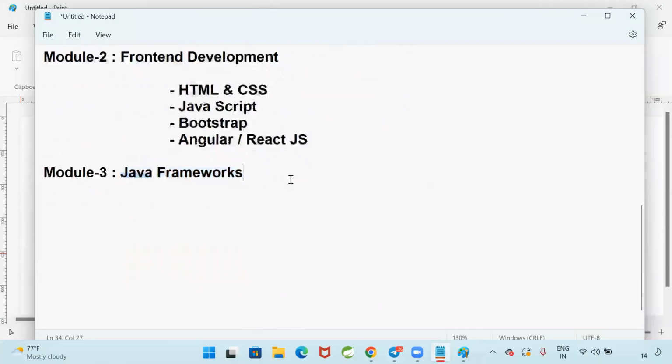As part of Java frameworks, you need to learn one framework called Spring, the most important technology for every Java programmer. If you don't know Spring, you will not get the job. That is 100%, because in every company every project is developed by using Spring only.